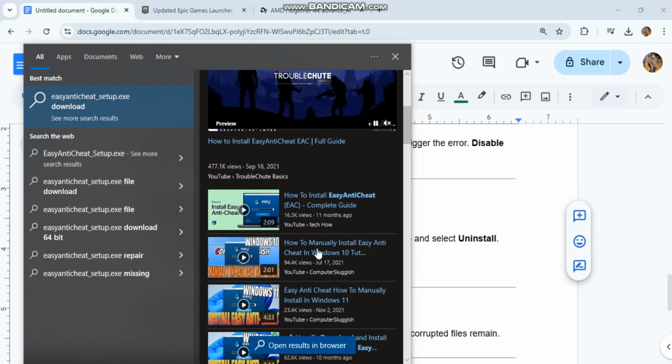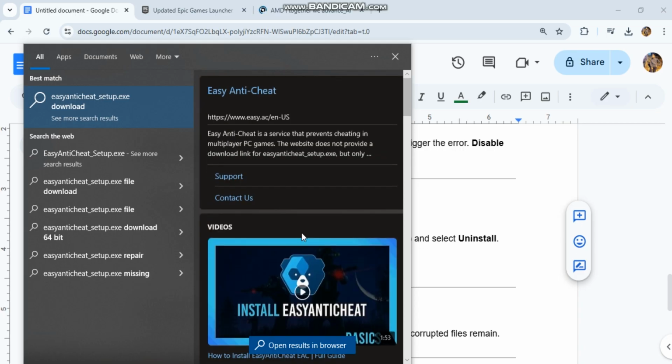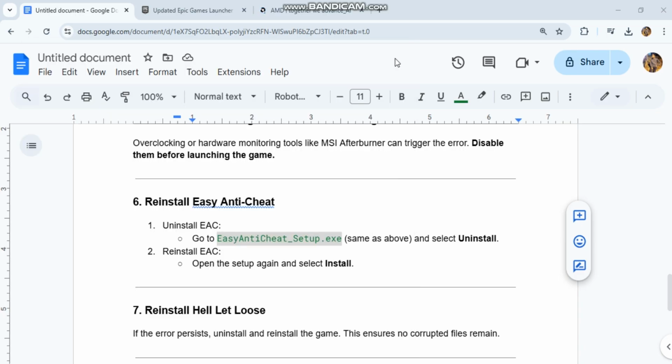8. Contact Easy Anti-Cheat Support. If none of the above works, visit the Easy Anti-Cheat Support page, easy.ac/support, for further